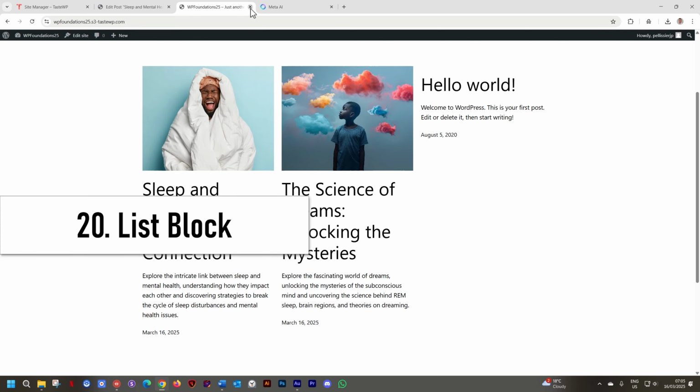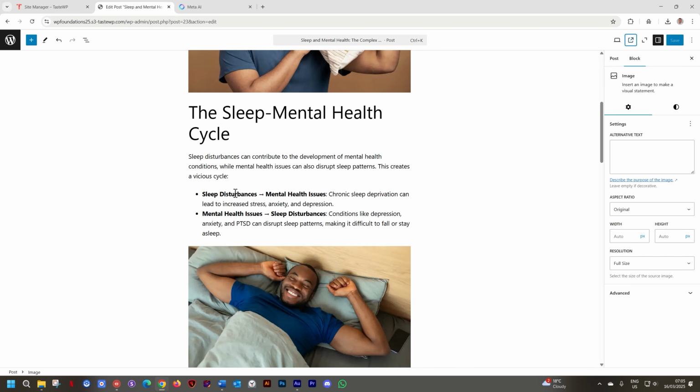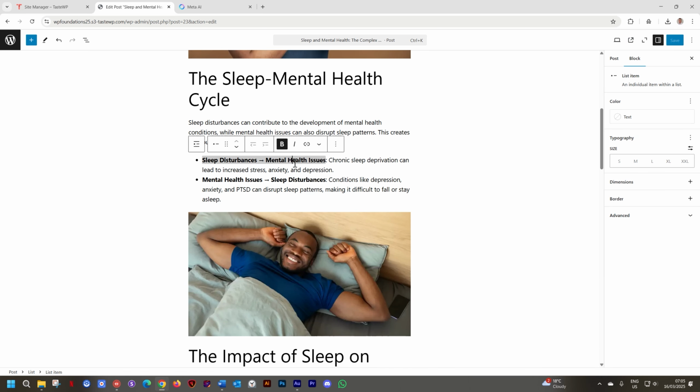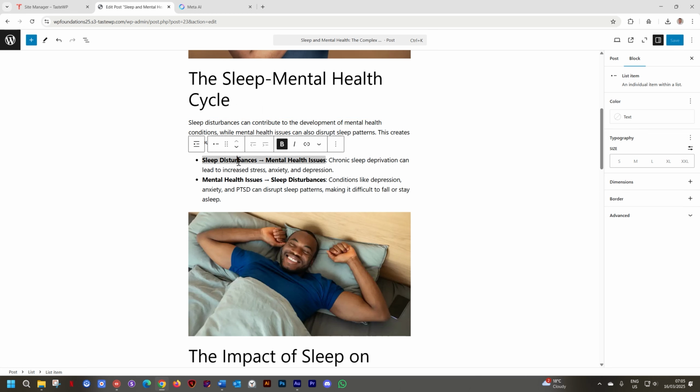Let's close this out and talk about this that has come in. This area we have here, these bullets. Click on this bullet and observe the toolbar. We have to talk a little bit about what's going on here. In fact, let's click on the paragraph block first and see we have that little symbol for the paragraph. When I click here on this bullet block, something different happens.